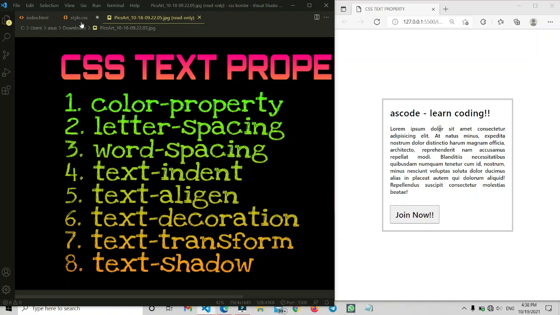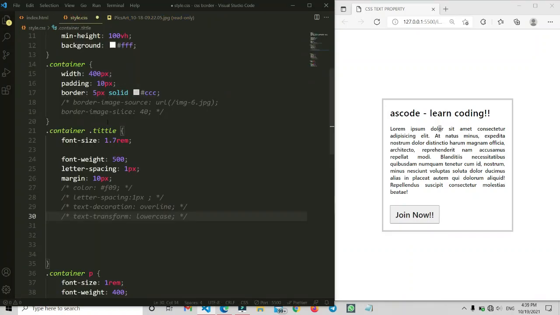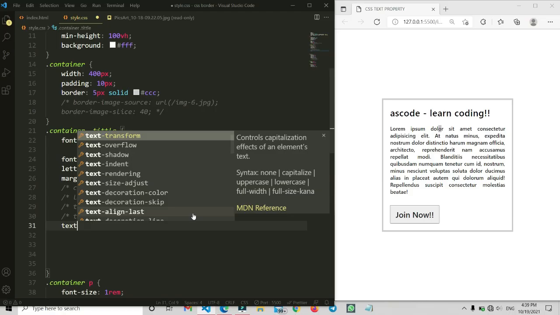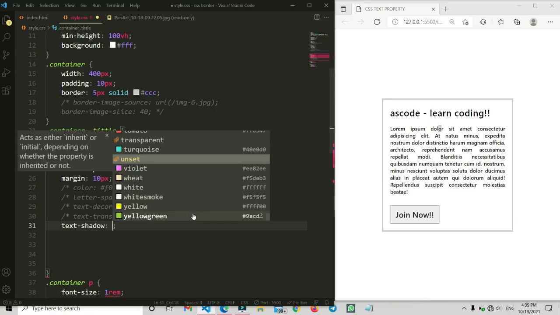Another property, and the last property, is text shadow. Text shadow is basically used to add a shadow inside of the text or outside of the text. We can add different types of colors, so that's why we use text shadow. Here I'm going to use text shadow.